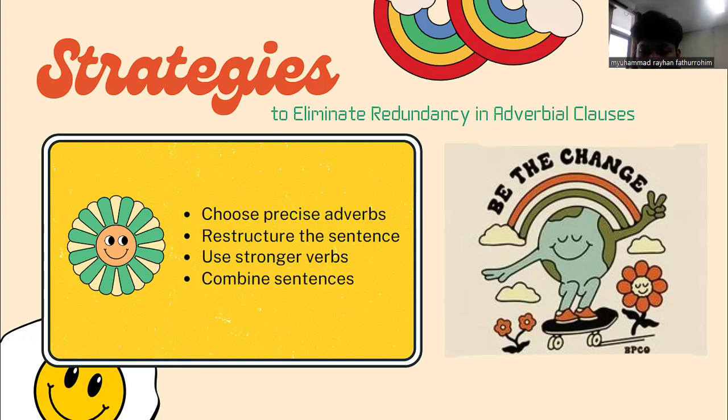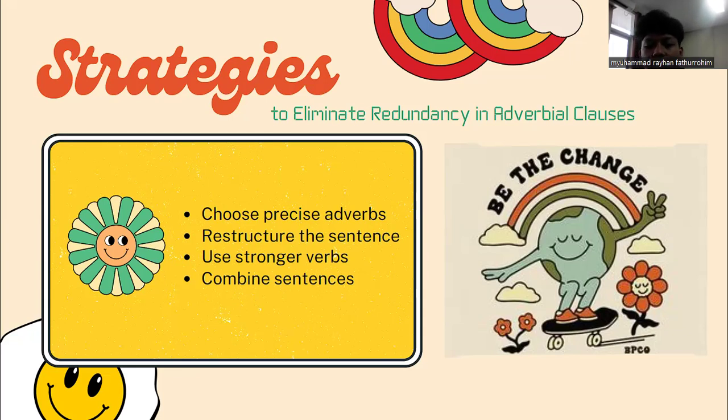And there are elements that can be reduced in the redundancy of adverbial clauses. We have subject reduction, and the subject can be reduced in an adverbial clause, provided that the subject in the adverbial clause is the same as the subject in the main clause. So, like the example, "After a caterpillar spends some time in a cocoon, a caterpillar will emerge as a butterfly." From this, we can change it to "After spending some time in a cocoon, a caterpillar will emerge as a butterfly."